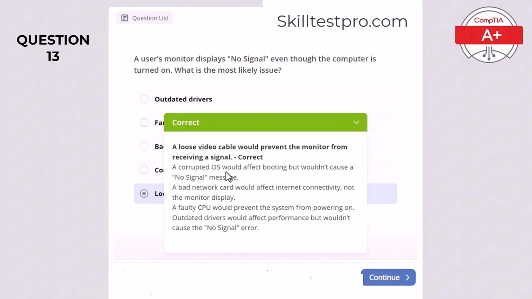A corrupted operating system would affect booting but wouldn't cause a no signal message. A bad network card would affect internet connectivity, not the monitor display. A faulty CPU would prevent the system from powering on, and outdated drivers would affect performance but wouldn't cause the